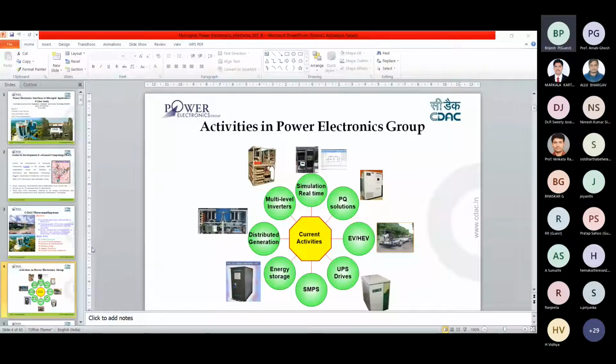Or, obviously, for green energy penetration into the grid, you can use a grid-connected microgrid also. So based on its operation, you can classify it as off-grid, weak grid or grid-connected.